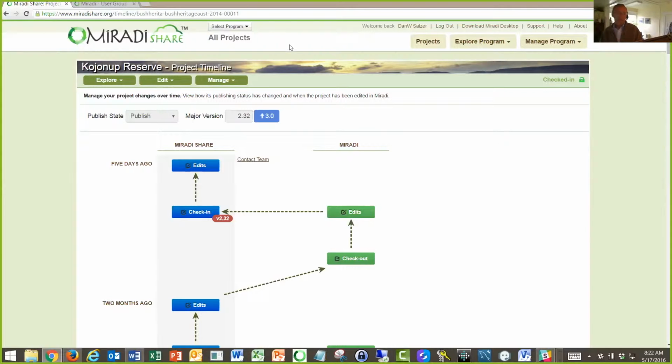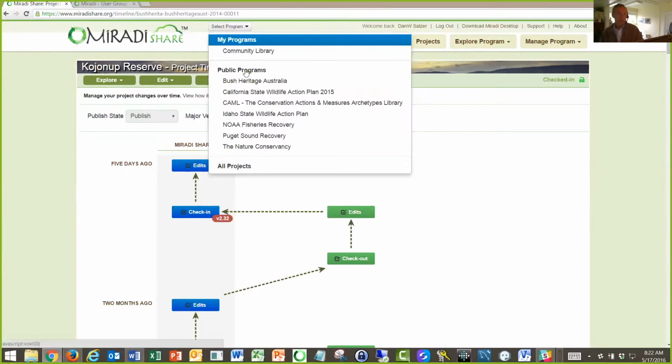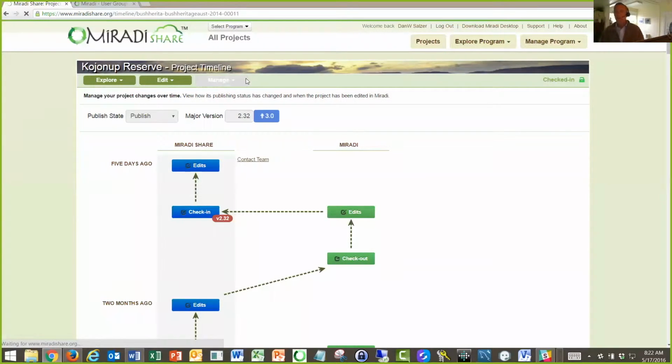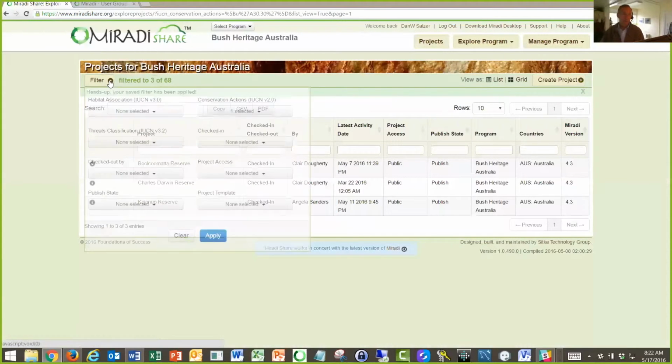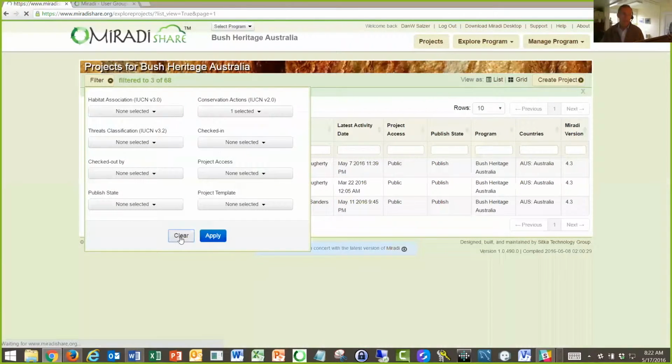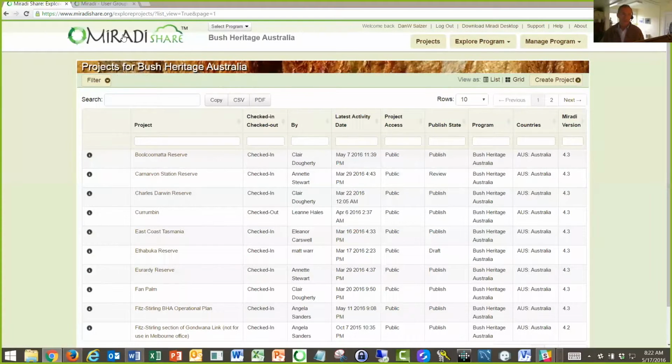We're going to switch now from a project perspective to a program perspective, and I'm going to go to Bush Heritage Australia as the program that I'll demo today. First thing I'm going to do, though, is just clear that filter. You'll recall that I reminded you that you need to do that if you're filtering, so I want to get back to that, and then I'm just going to click on Miradi Share to go back to the program landing